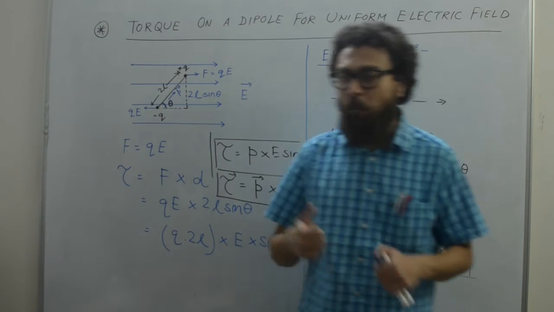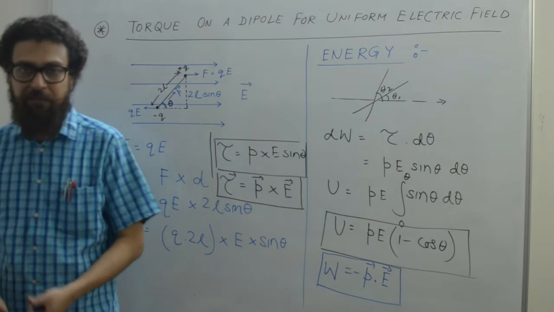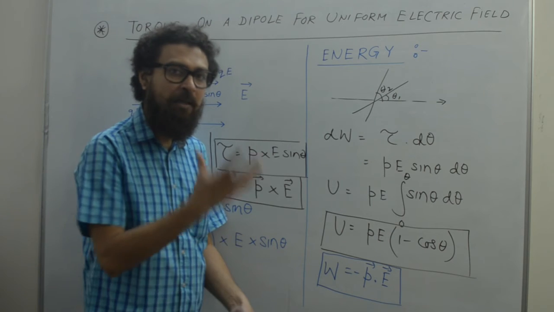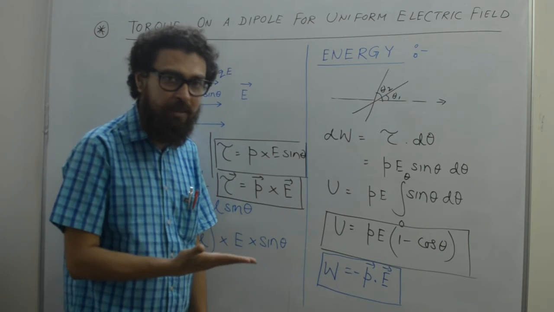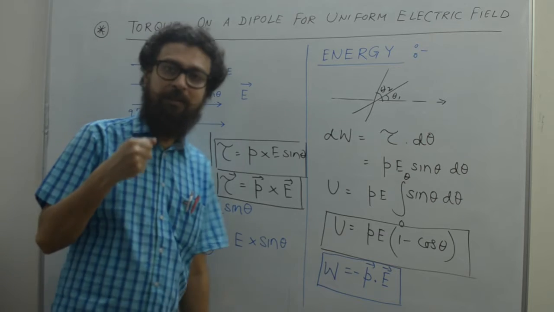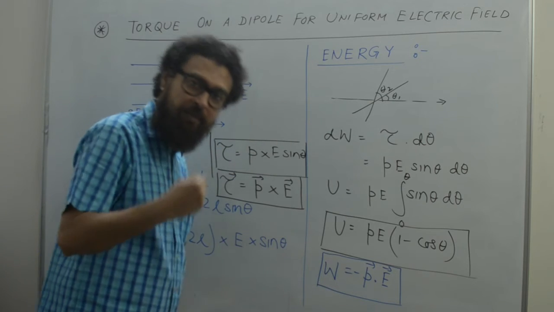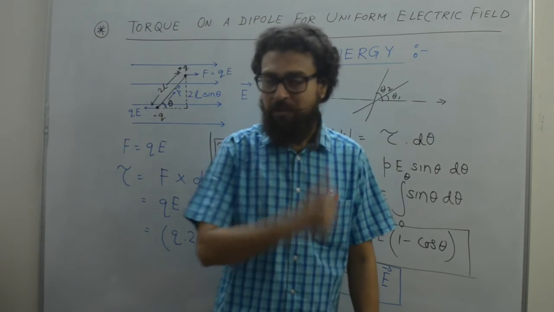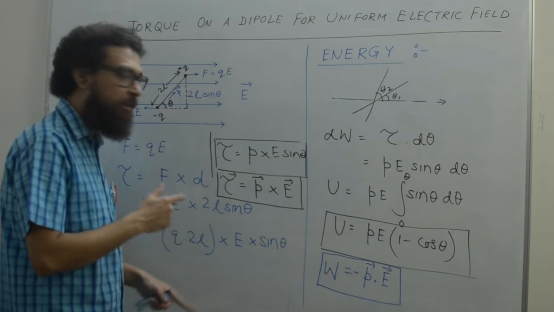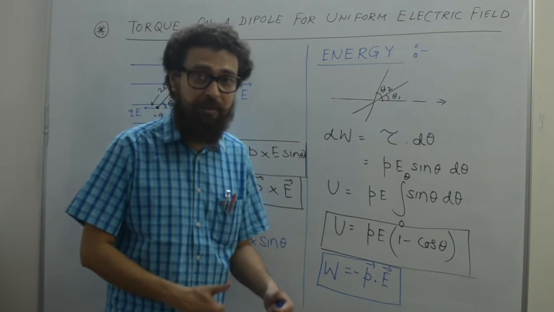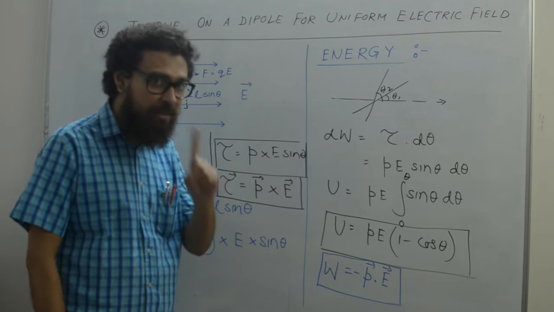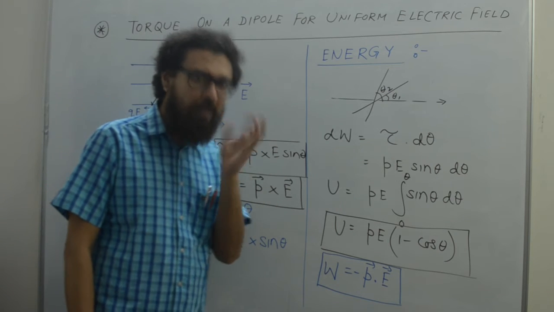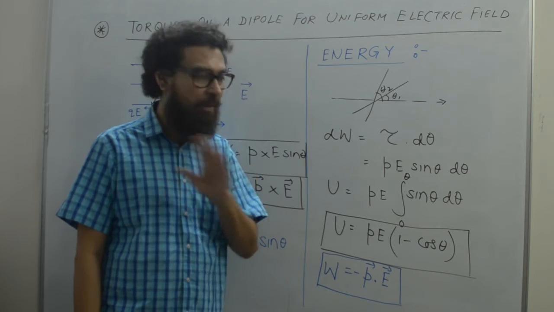Why minus? What does minus signify in an electric field or any field? You know from the chapter gravitation that minus means binding. That means it was bound at 0 degree. You have moved it, so you have an expense of work, which is this. So you are doing work against the force or the torque. That is what it is signifying, and that's why I told you this is revolutionary. This concept is very important, and in JEE Advanced, I'm telling you, they actually give problems from these small concepts which we usually ignore.